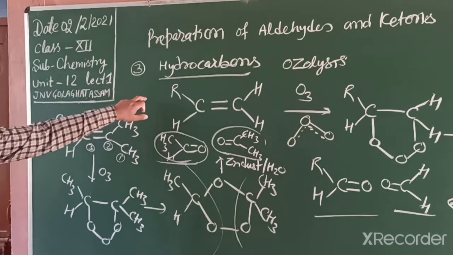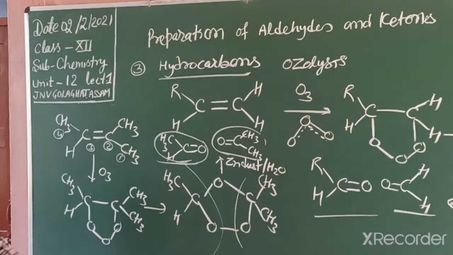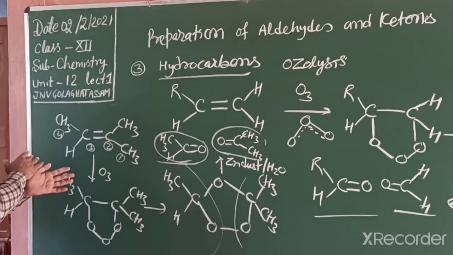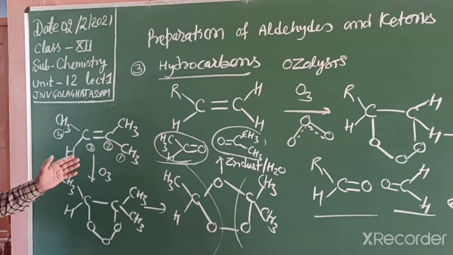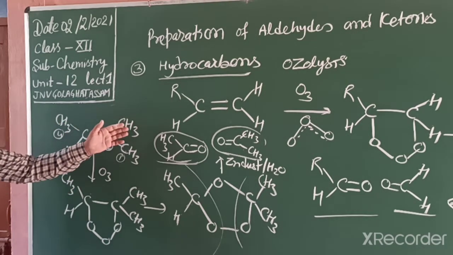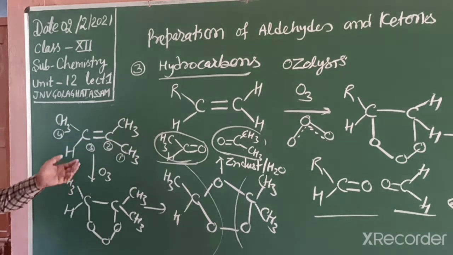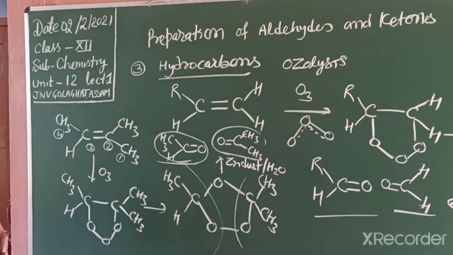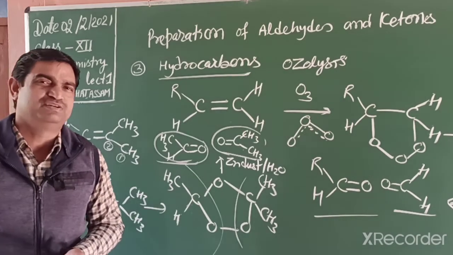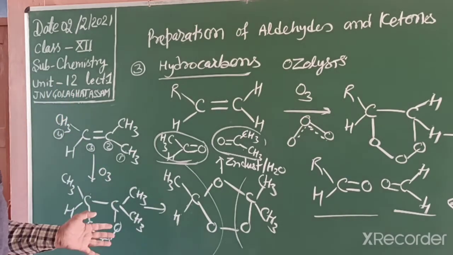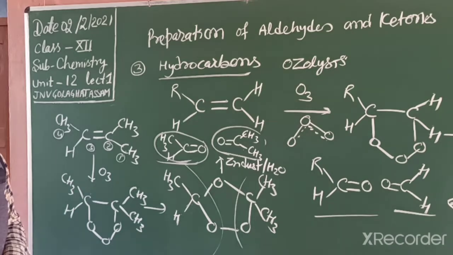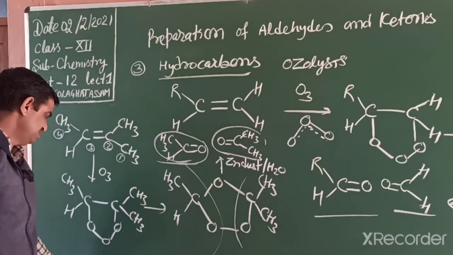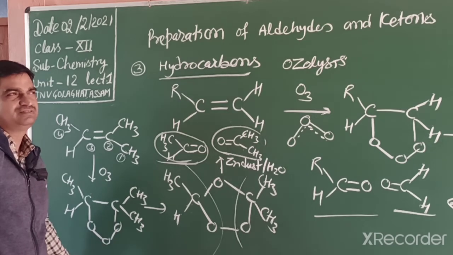by this reaction, by ozonolysis, we can find the type of double bond and what substituent is attached on that double bond. So if both sides are H, then we get aldehyde, formaldehyde. If both sides are R, then you get ketone. So this is a characteristic. By this reaction we can prepare both aldehyde and ketone. So you should learn this reaction. Ozonolysis is a very important reaction, and you can see details in the 11th class hydrocarbon chapter.